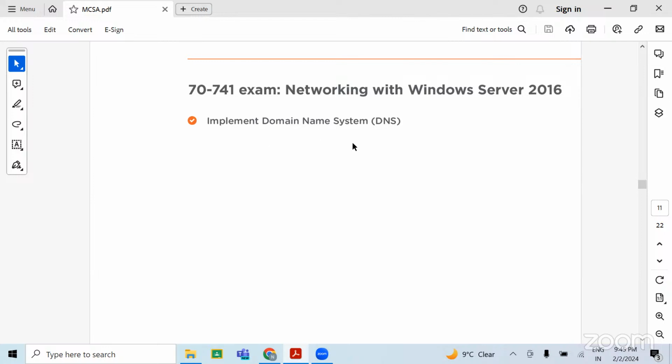So how to configure all these things? Again, we will configure and we will see practically. I have already bought one domain from GoDaddy, so over there also I will show you how to get a domain and how to register it, and how you will be able to access that domain outside your network, how to expose it to the internet. So all these things we'll be covering in the DNS topic.